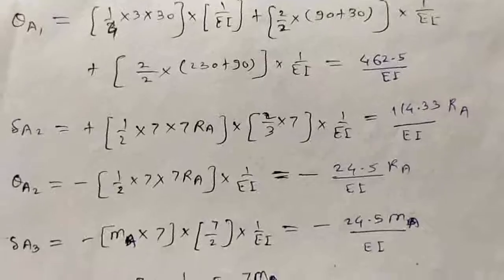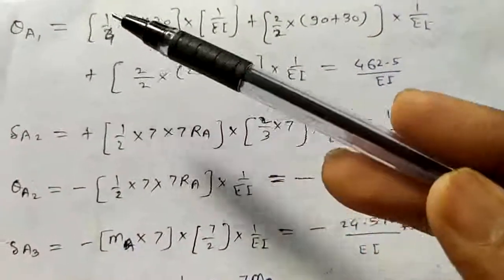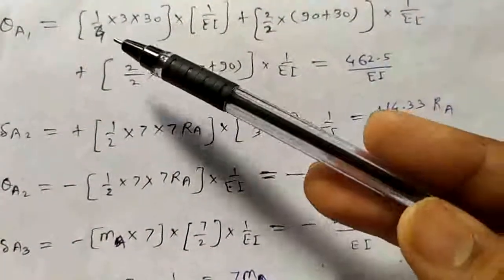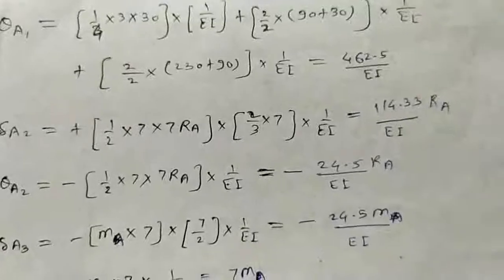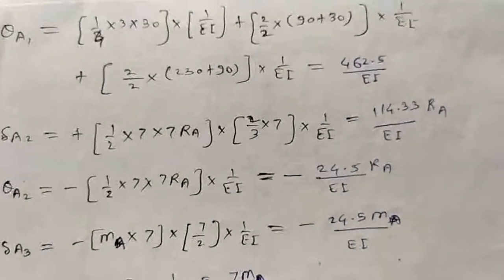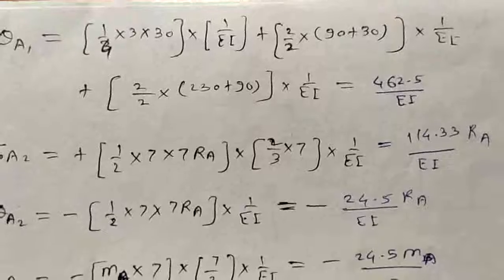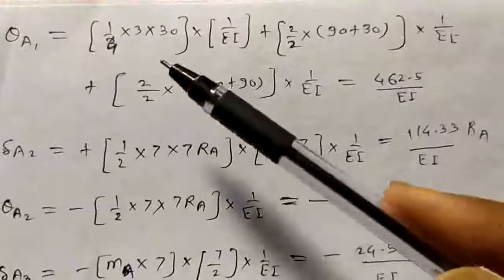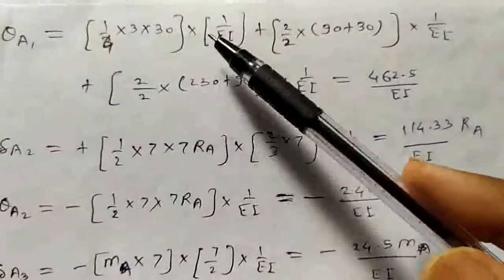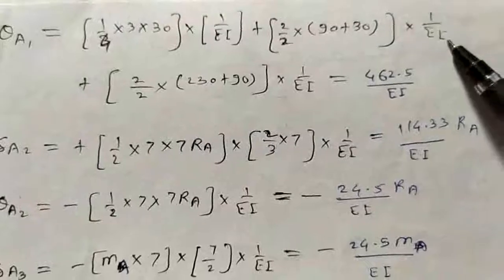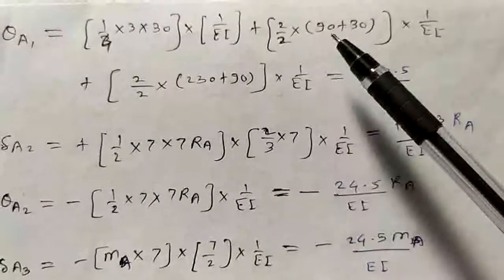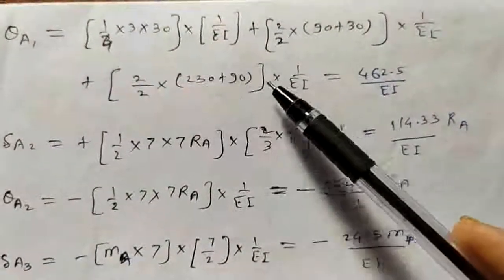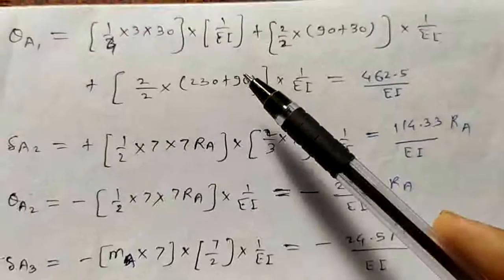Now we have written delta A1, that is negative. So theta A1 will be the opposite of that, that is positive. To draw theta A1, you just have to write only 2 brackets from delta. In the delta calculation we have written 3 brackets, that is area, centroid distance and EI variation. While writing theta, you just have to write the first and last bracket, that is area multiplied by EI. So while writing this part we are not required to come to that diagram; you can write this total equation by considering only theta delta A1.